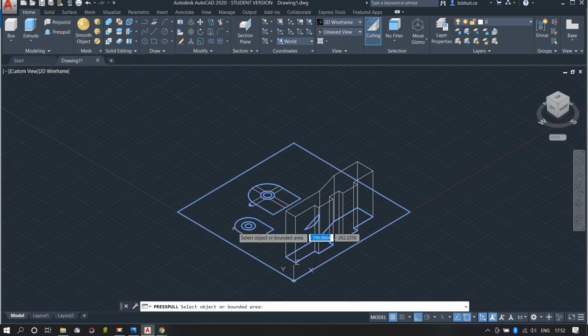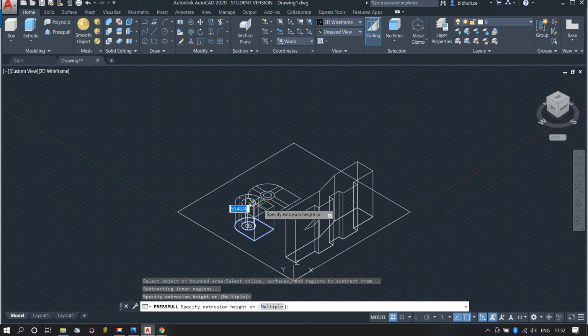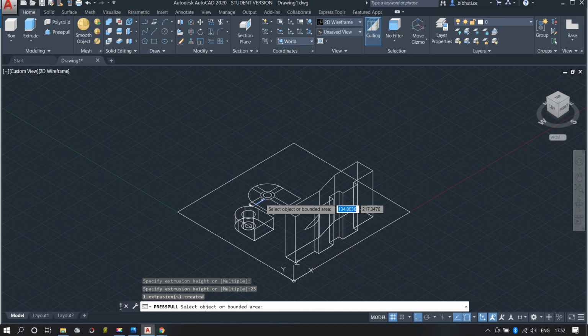Press and pull. I said I will press and pull this by an amount of 40, 25 to be on the safer side. Okay,